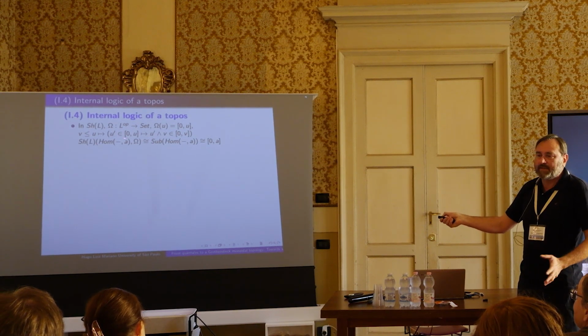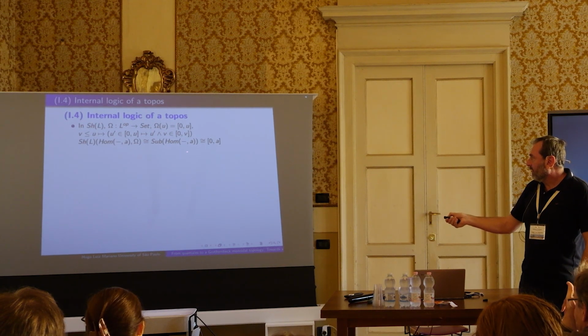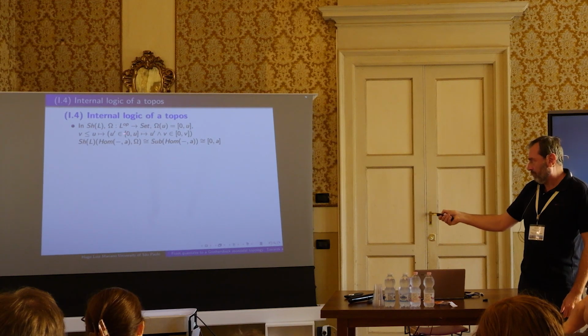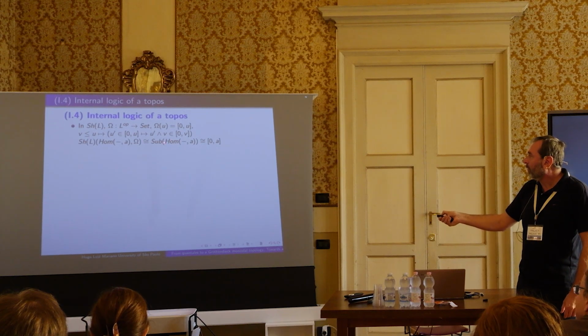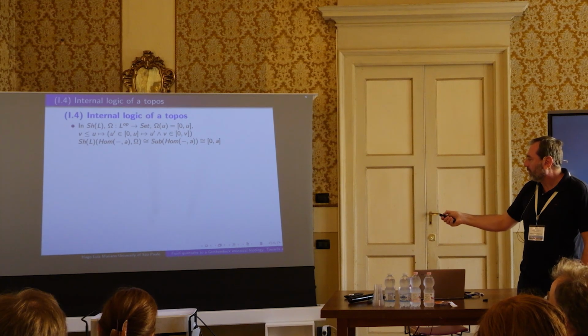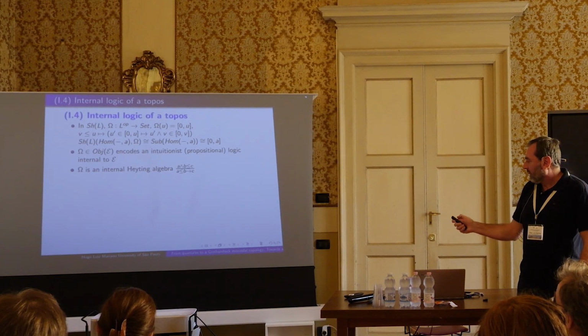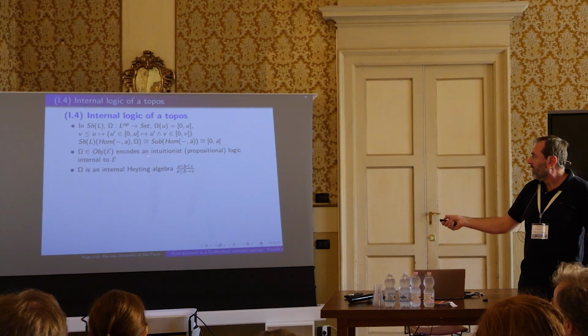And restriction is given by infimum. And this property of the classifier, in fact, gives that the subobjects of the hom functor, that is a sheaf, are just initial intervals. And the subobject classifier encodes